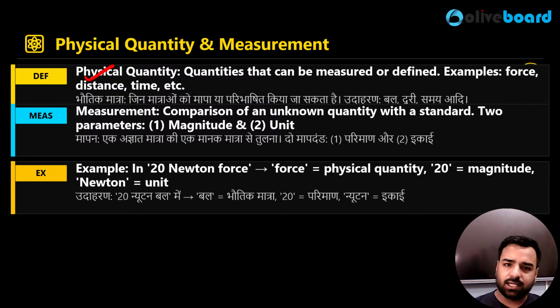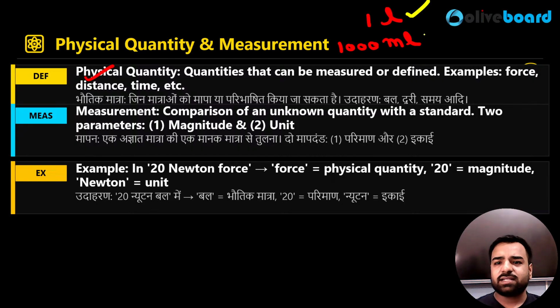Now, again, I'll repeat my same question. What is the volume of this water bottle? So someone might say it's 1 liter. Another candidate might give this answer in milliliters. Someone might say it's 1000 ml. Now tell me one thing. Is the first candidate correct or the second one? So obviously both of them are correct. That means the units which you are telling us are of different systems. For measuring, we have several systems. So in order to proceed towards the systems, we need to know these basics here.